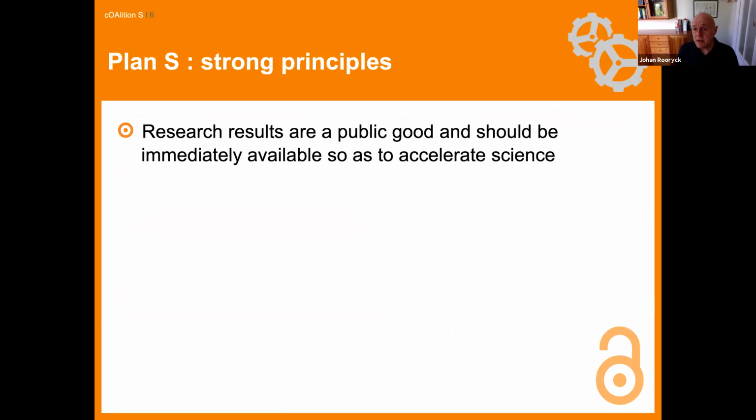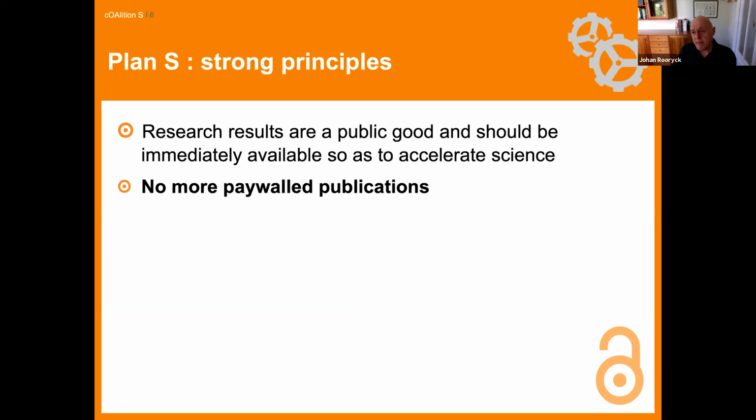Now, Plan S is built on strong principles. We believe very strongly that research results are a public good like public transportation or electricity. That does not necessarily mean that it can't cost anything or that we cannot involve third-party services. Just like for public transportation and electricity, we can involve publishers for the purpose of publishing articles. But we want to have the results immediately available, just like public transportation and electricity are. In our case, to accelerate science, we want those results to be available now.